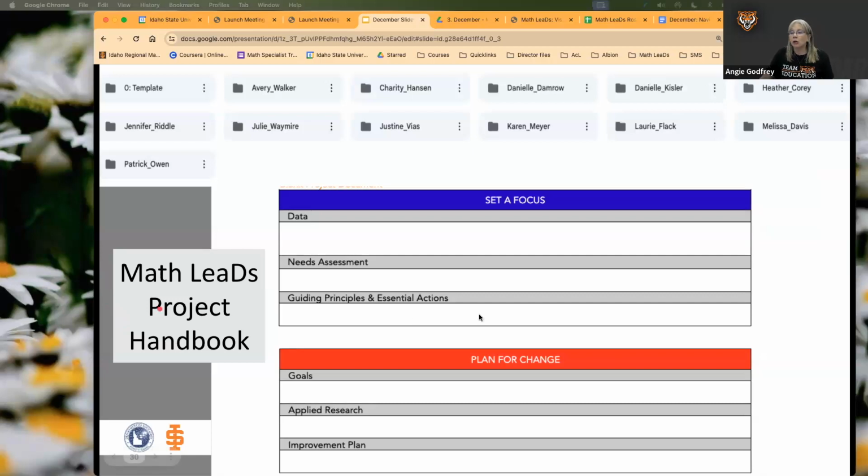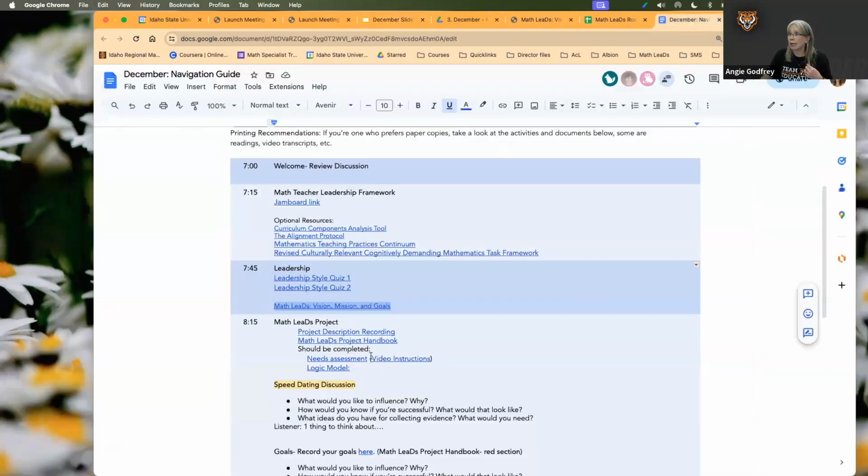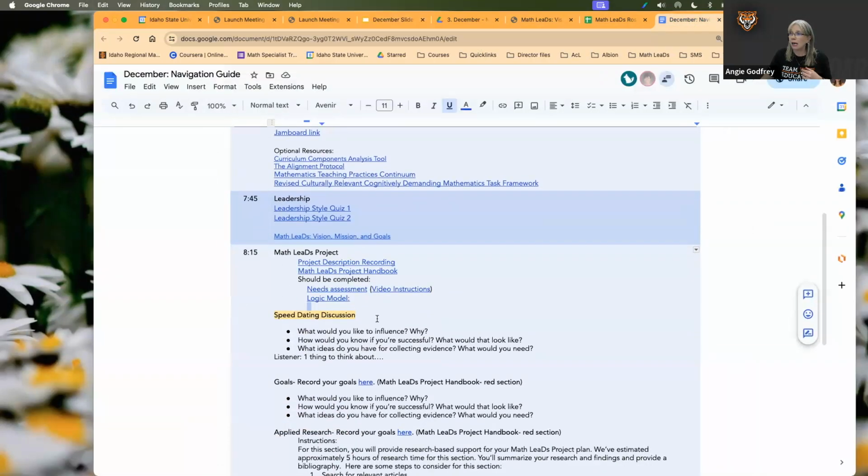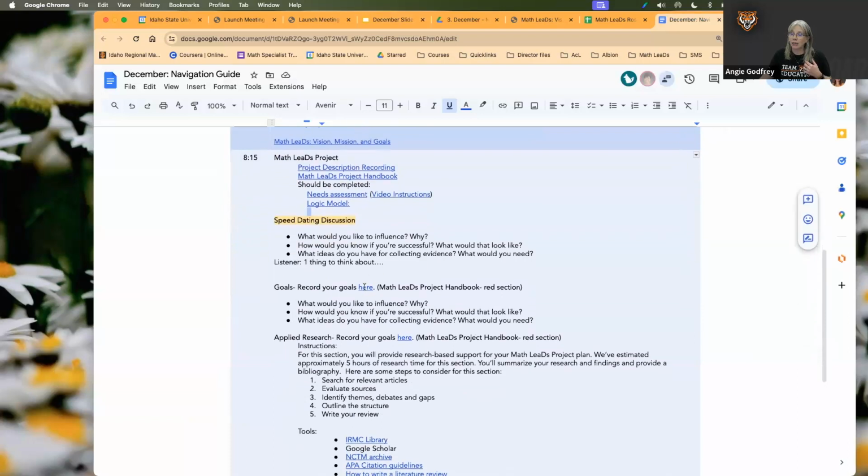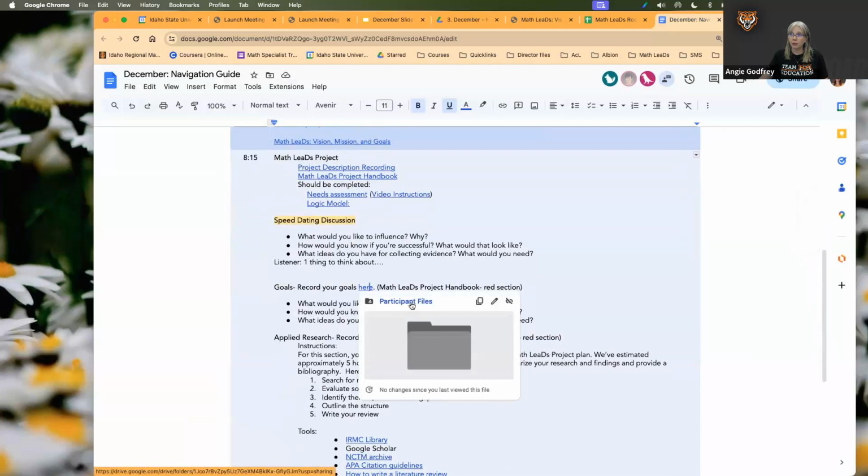They're there. So here's where I was thinking that you could put your goals that Courtney was talking about. You have to list your goals anyway. So if you do the goal page that she added, you can either copy it right into this box on the document, or you can just screenshot it or add it as a PDF. This document is labeled on your navigator guide right here. There's instructions for you right here. Record your goals here. You would click on your folder.